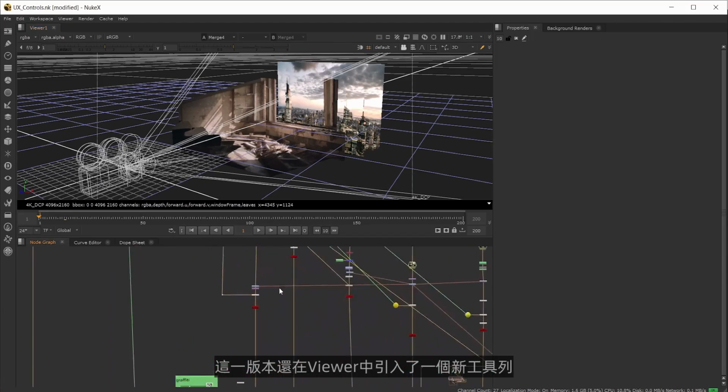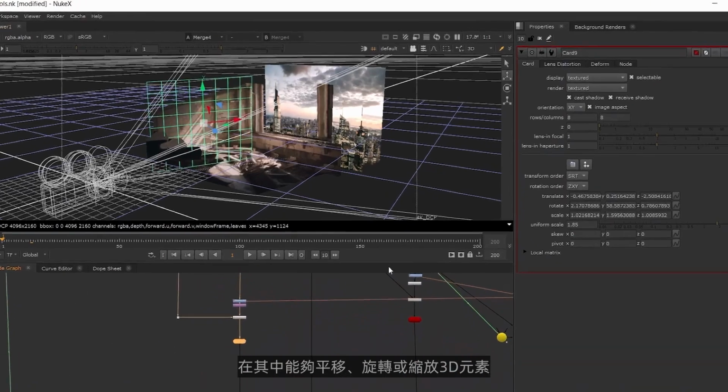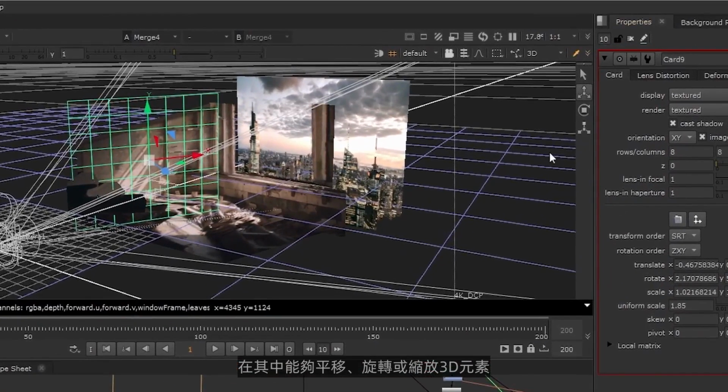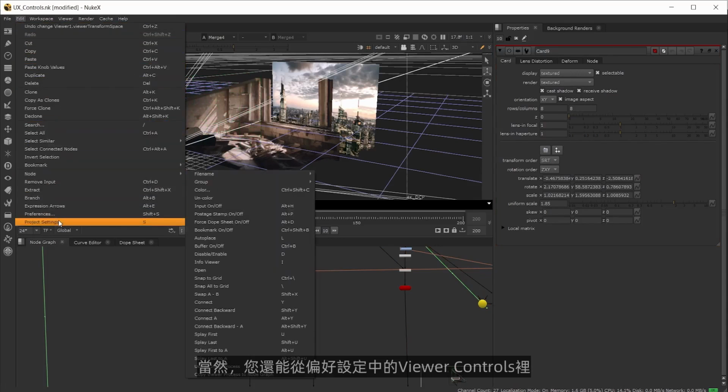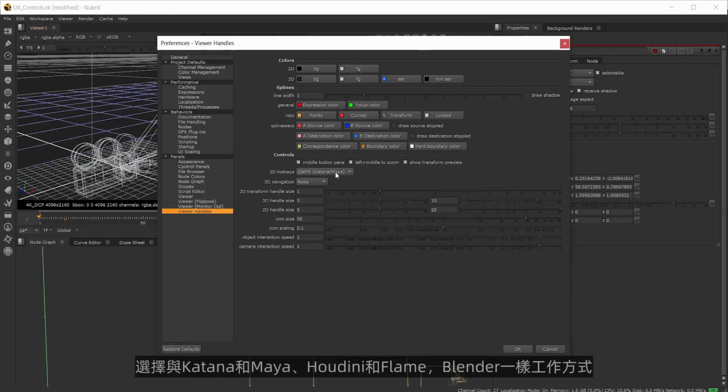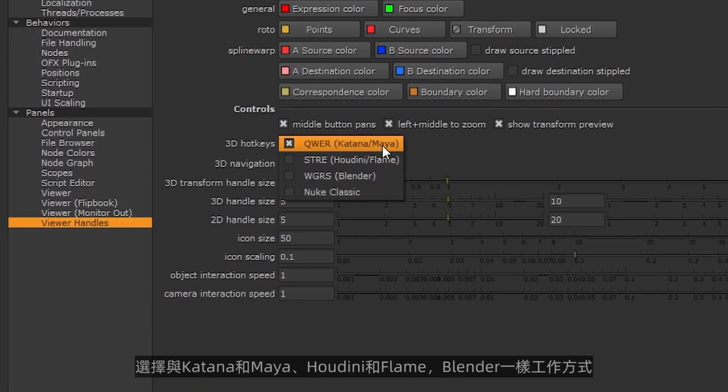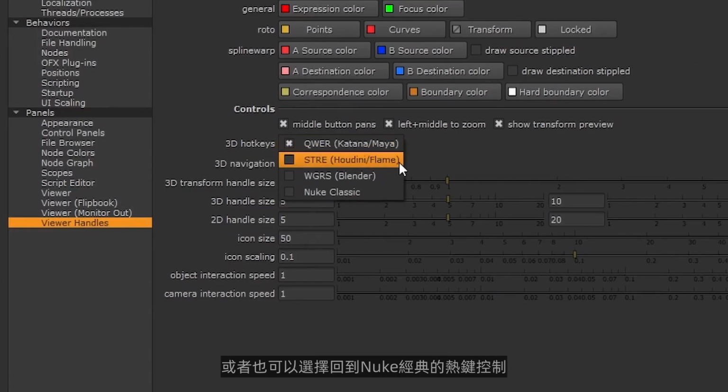This release has introduced a new toolbar in the viewer where we can now select whether we want to translate, rotate, or scale our 3D elements. We've also updated the hotkeys to be the same as Katana with W for translate, E for rotate, R for scale, and Q to select. However, you have the option in the preferences under the viewer controls to change these to work either the same as Katana and Maya, Houdini and Flame, Blender, or you have the option to go back to Nuke's classic hotkey